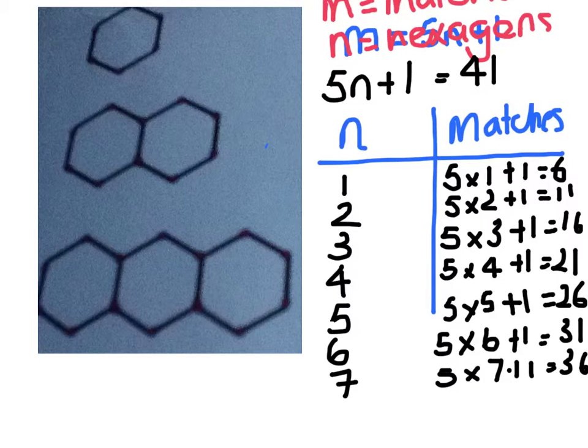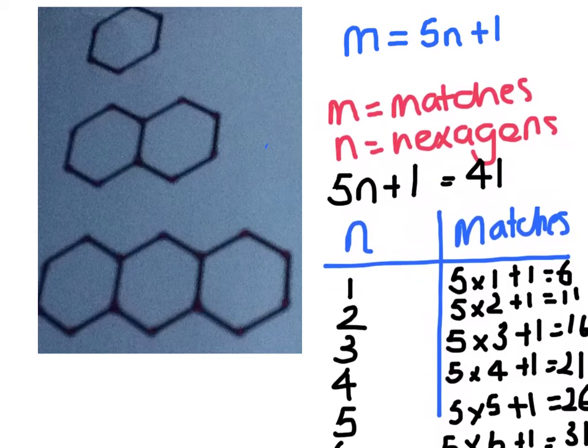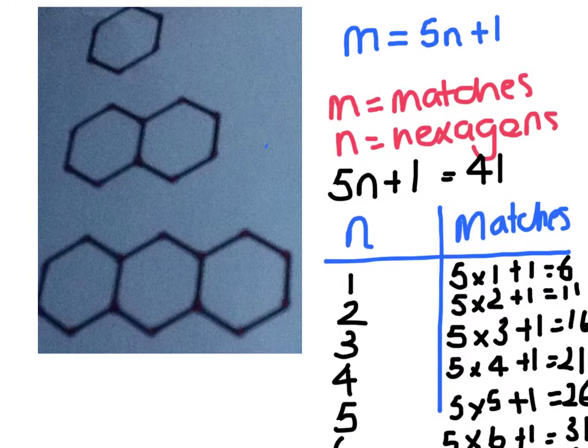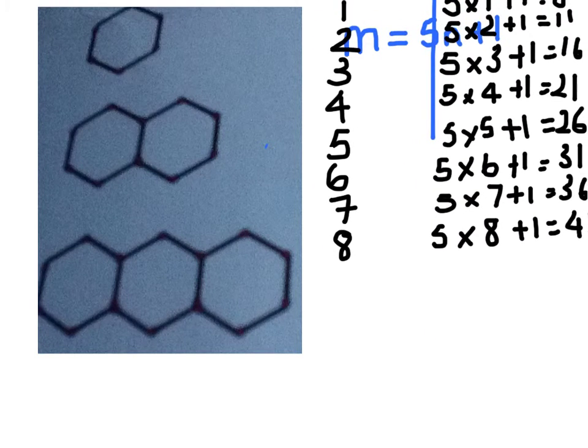Almost there. Remember, what we're actually trying to get to is 41. Let's see if we go with 8. 5 times 8 is 40, plus 1 is 41. Now what you have to be really careful with these kinds of questions is that you answer that original question. My original question was, how many hexagons will I get if I have 41 matches? So now we're just going to write a little statement at the end